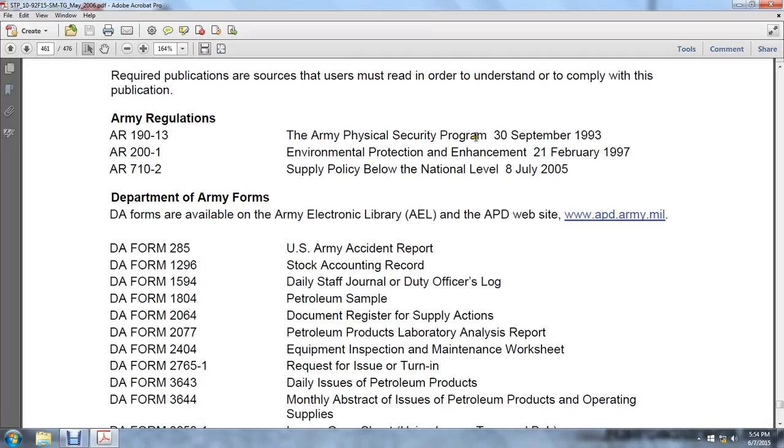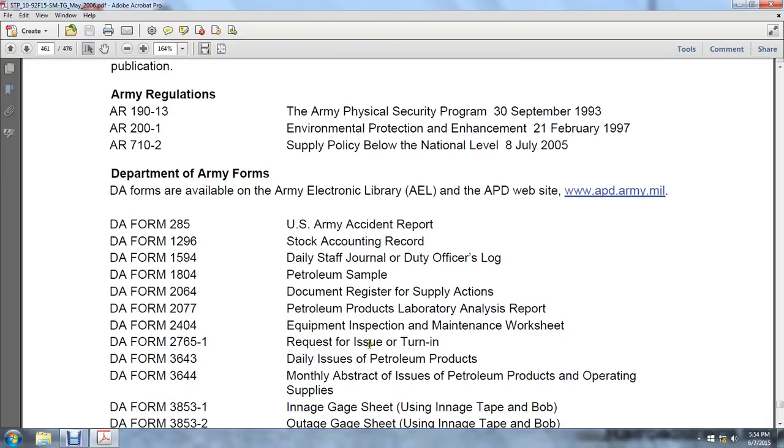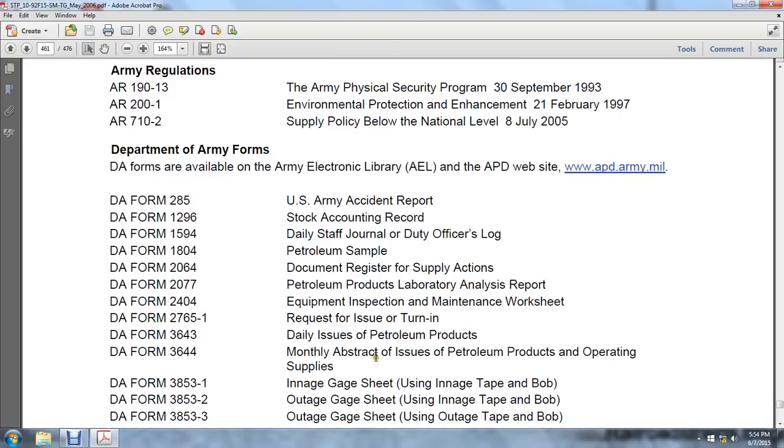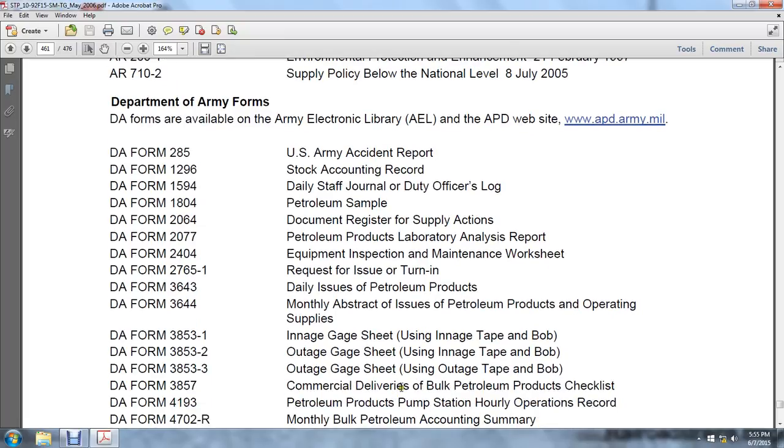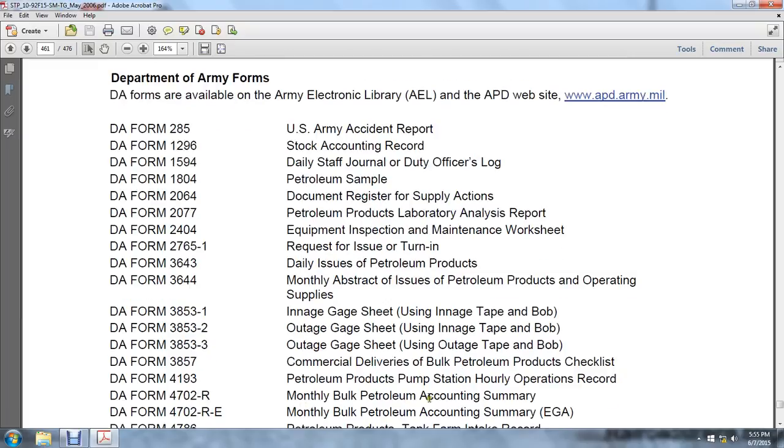You have your Army Physical Security Program, your Environmental Protection Enhancement, Supply Below the Minimum, U.S. Army Incident Stock Accounting Record, Daily Staff Journal, Duty Officer Petroleum Sample Document Register, Supply Actions, Petroleum Product Laboratory Analysis, Equipment Inspection Maintenance Worksheet, Request for Issue and Turn-in, Daily Issue, Petroleum Products Monthly Abstract, Petroleum Products Operation, Outage Gauge using Tape and Bob, Outage Gauge Sheet using In-Gauge Tape and Bob, Outage Gauge using Outage Gauge Tape and Bob, Commercial Deliveries, Bulk and Petroleum Products checklist, pump station hourly operations records, monthly bulk petroleum accounting summary,